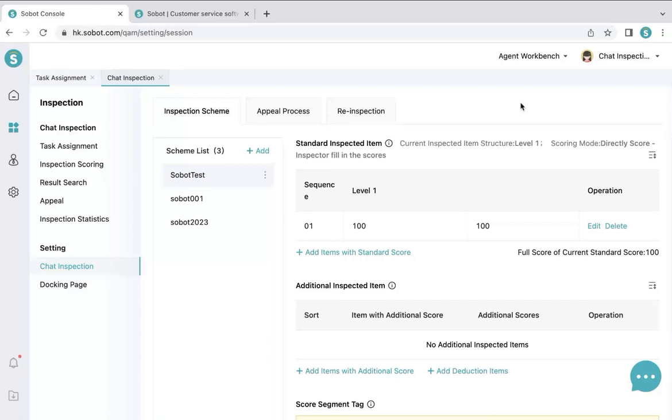In today's session, we're going to talk about chat inspection. You can see two main parts on the left. The first is for daily operation, mainly chat inspection, including task assignment, inspection scoring, result search, appeal, and inspection